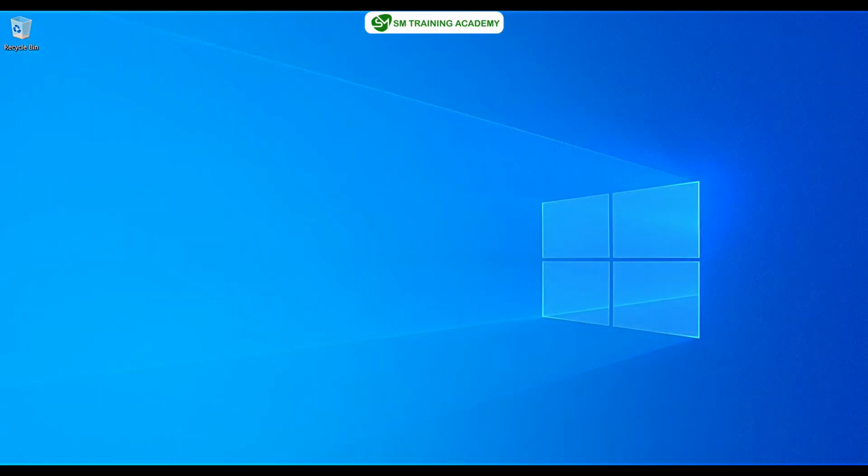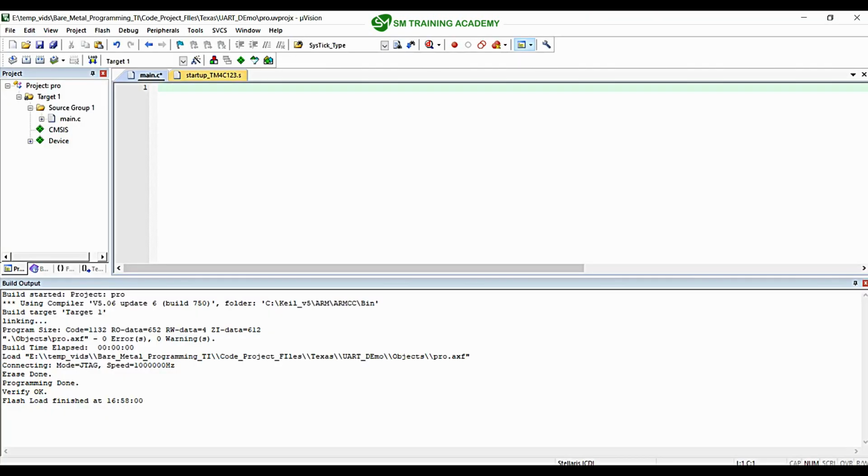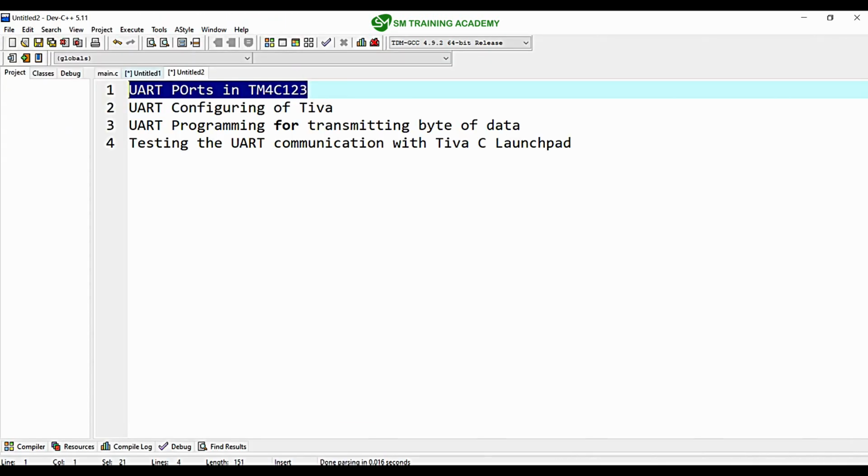Before that, let me open the KEIL Microvision IDE and let us create the project for our microcontroller TM4C123. I am opening the KEIL Microvision IDE. You can clearly see the project has been created and the main.c file has been created for the project, and now let us start writing the program for the UART communication. And you can clearly see